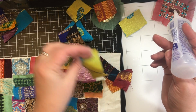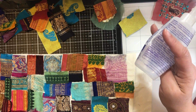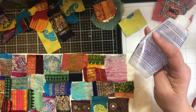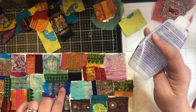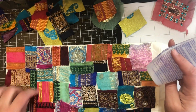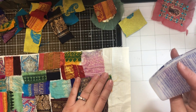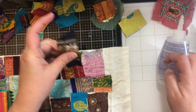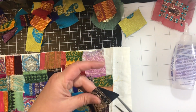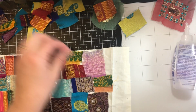So I just cut some bits right here, and then as I go, I'm trying not to keep things exactly next to each other. So this is the same fabric, this is the bottom portion, even though it's next to each other, different colors, separated. Am I on screen? So those are separated. So I've just been going, but not trying to get the fabrics too close together. And then like here, if I trim this off, it will fit. So you know what I mean. Just kind of puzzle piecing the fabric